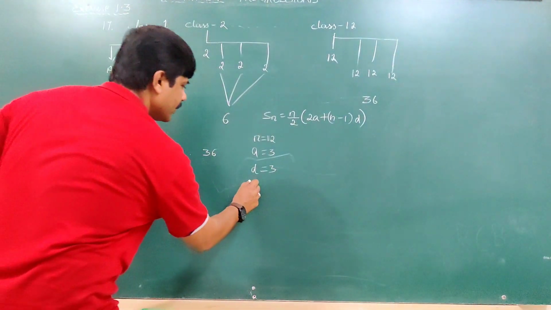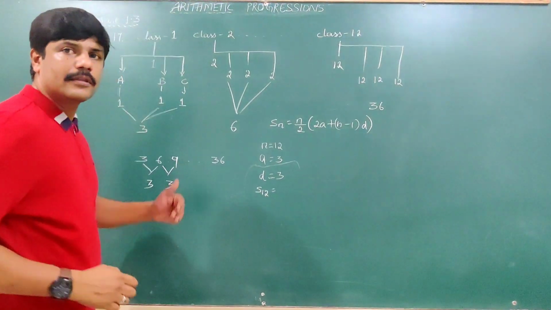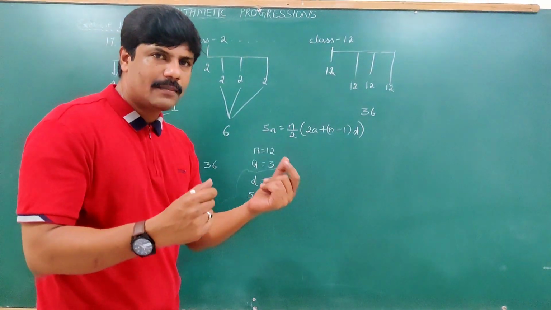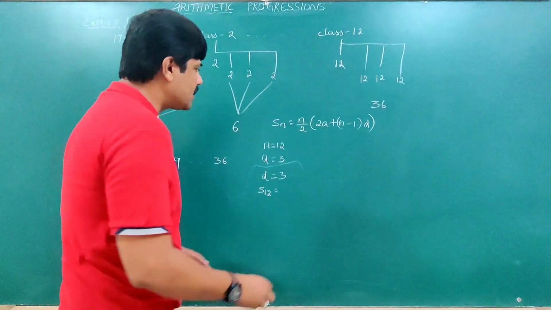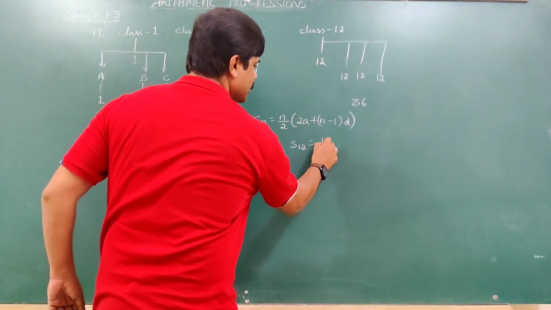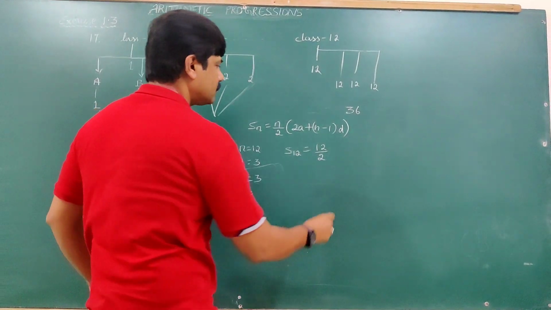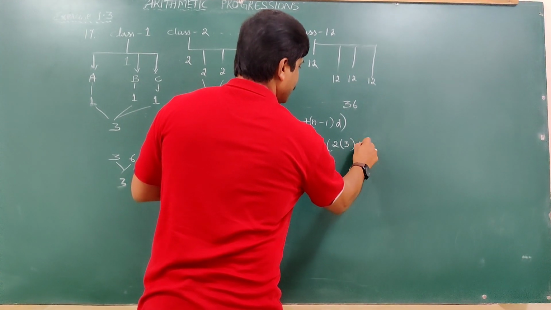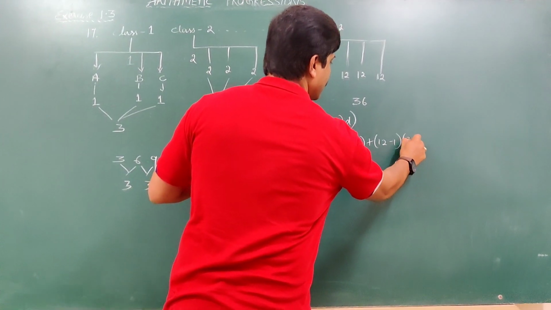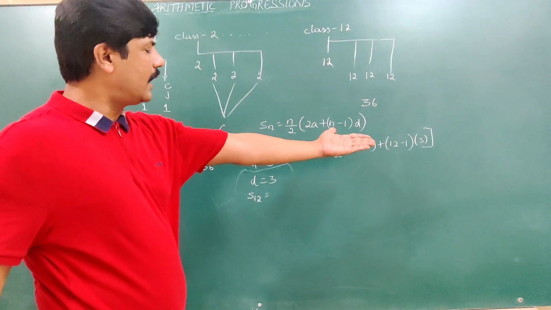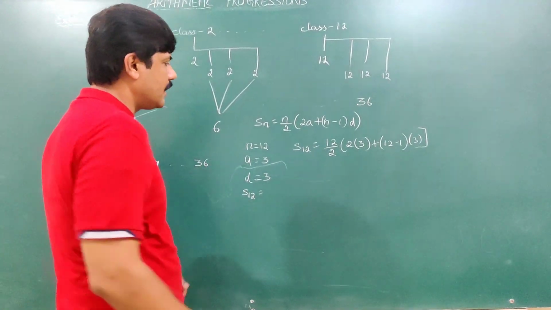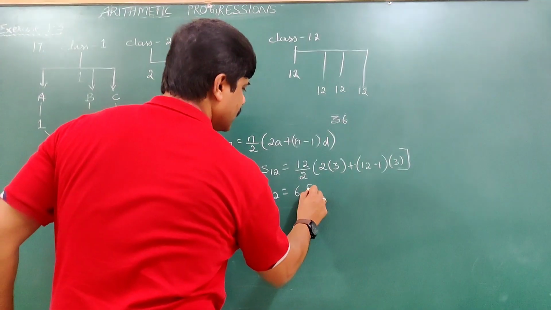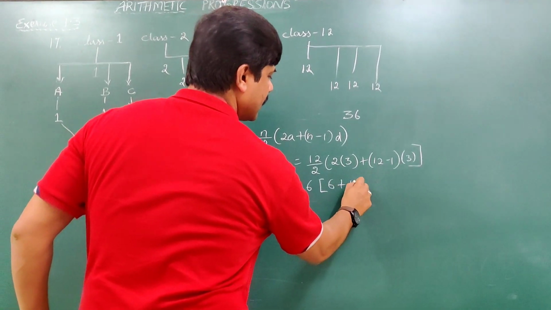What do you need to find? The sum of the plants planted by 12 classes, that is S12. Now substitute. S12 is equal to 12 by 2 into 2a, what is a? a is 3, plus 12 minus 1 into d. d is nothing but the common difference, 3. Plus 12 is equal to 12 by 2 into 6 plus 11 into